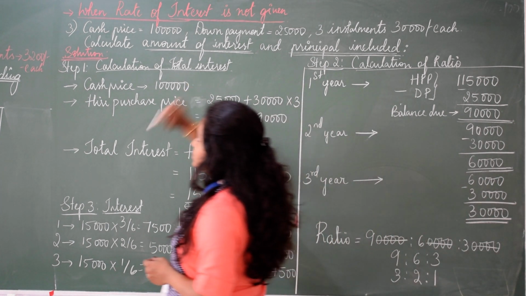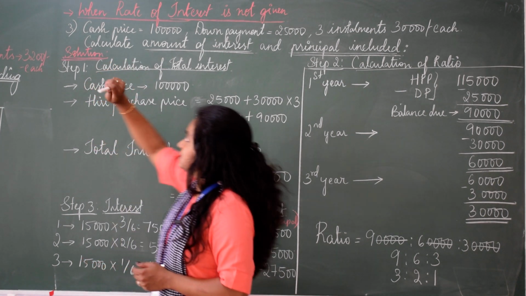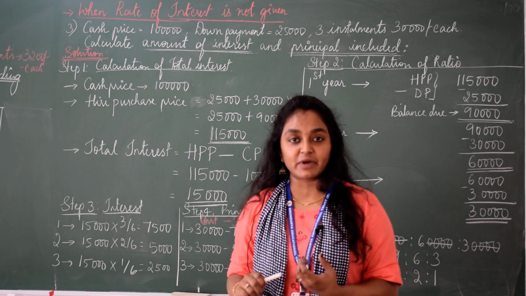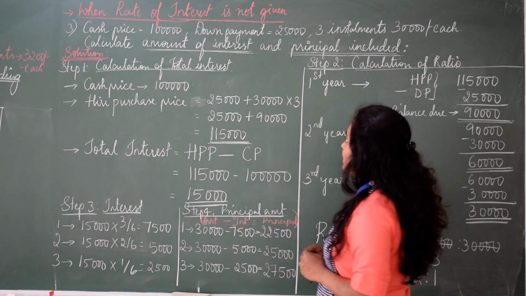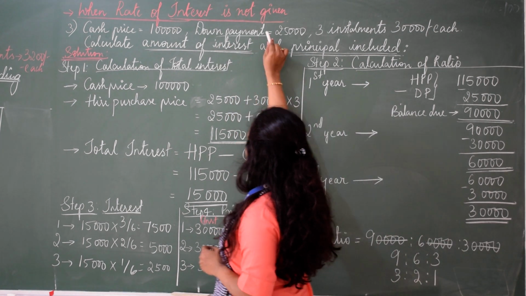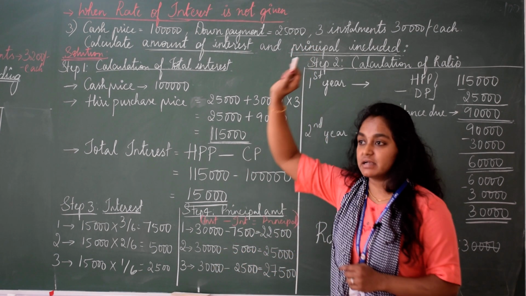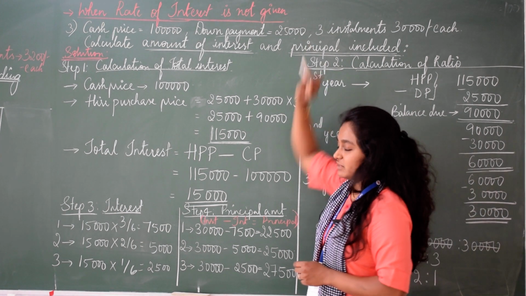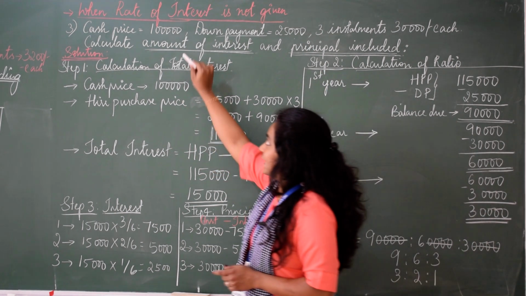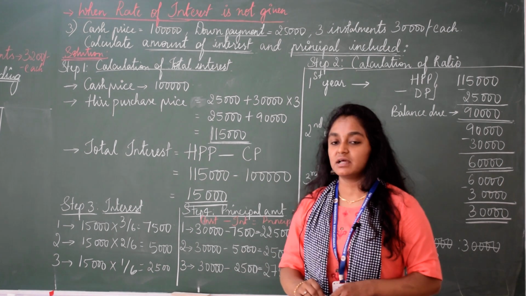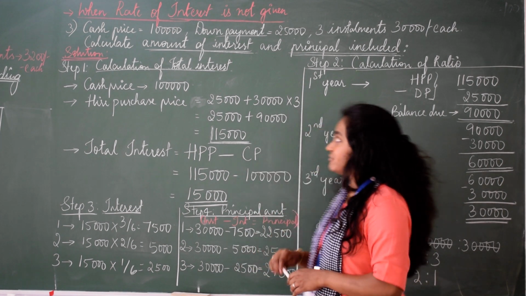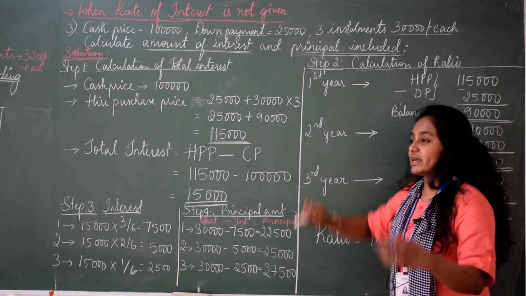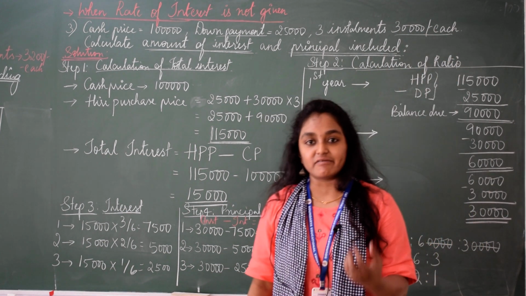So coming to the question, they are directly telling you cash price is 1 lakh. So the machinery or the asset value or the cash price value is 1 lakh. Going to the next detail, that is down payment, you are paying on the date of agreement or signing the agreement, you are paying rupees 25,000. So from 1 lakh, if you remove 25,000, whatever the remaining balance is left, that is paid in 3 installments, 30,000 each. You can just check out, you are left with 75,000.